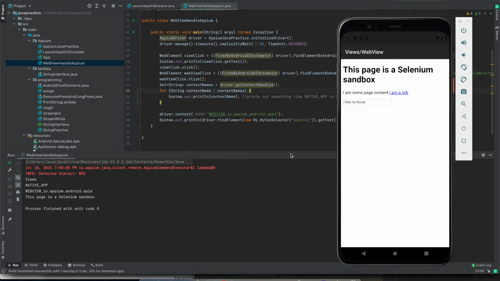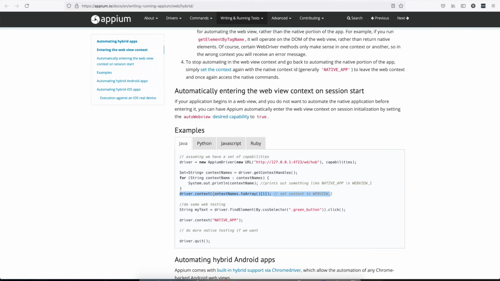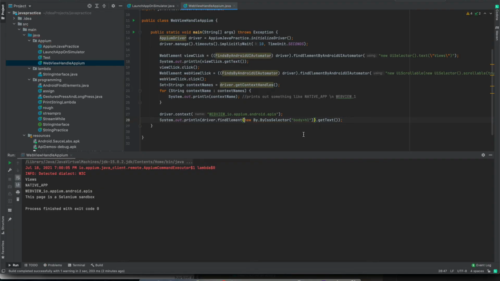So here we can see it was able to perform some actions, it was able to get the text. The other method, as I showed, since we already know that this is a type of array, it is storing all the web view contexts. So if there are multiple contexts, we can just use something like this. So this is how we can find the element in the web view to automate our hybrid application, and this is how we can interact in the web view.